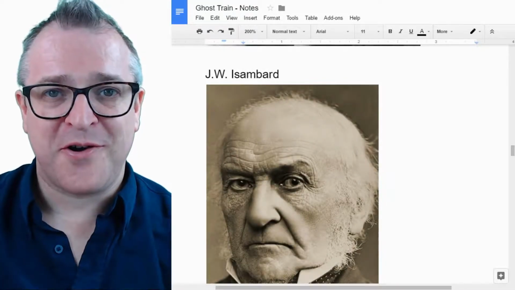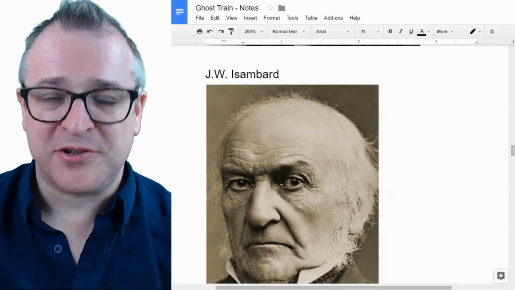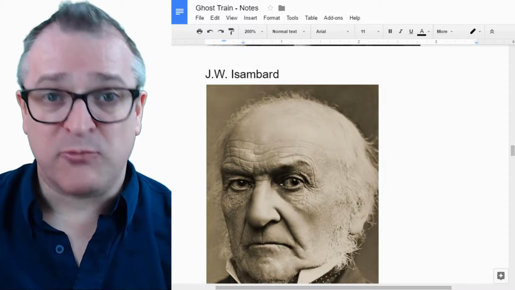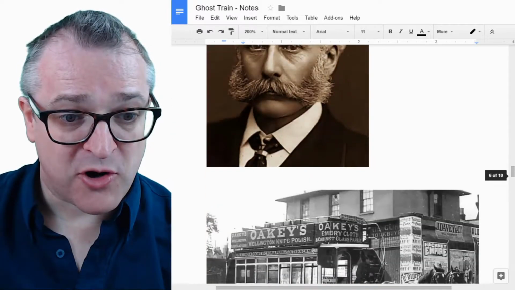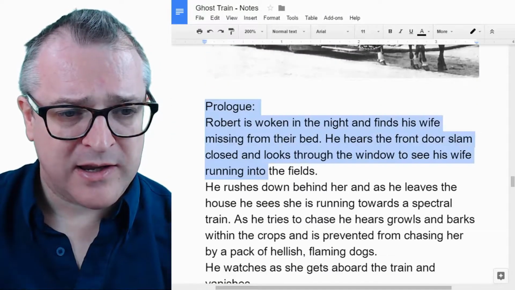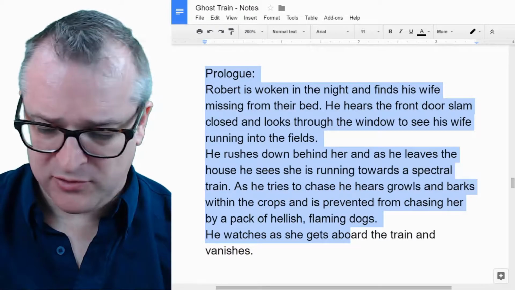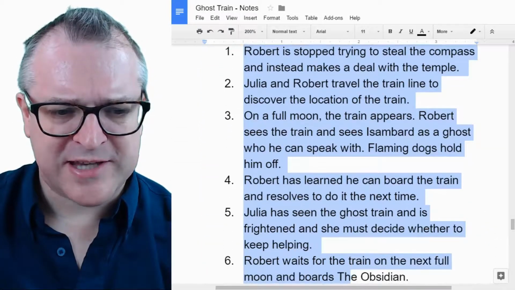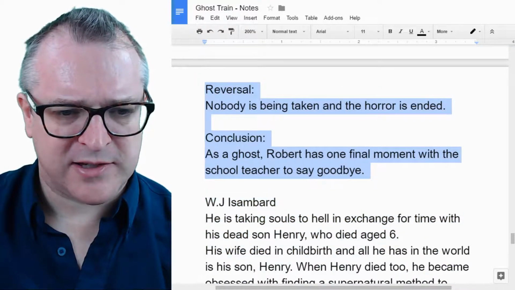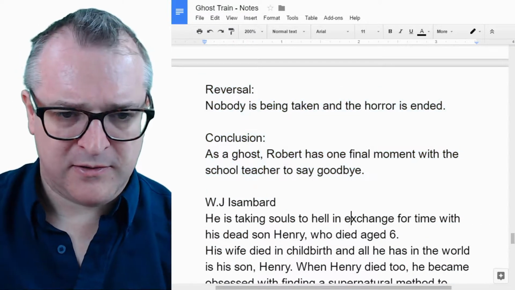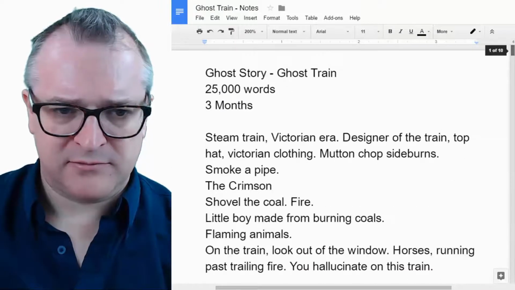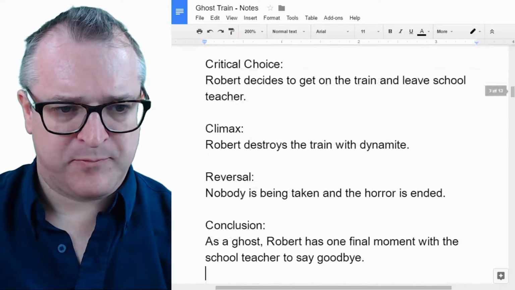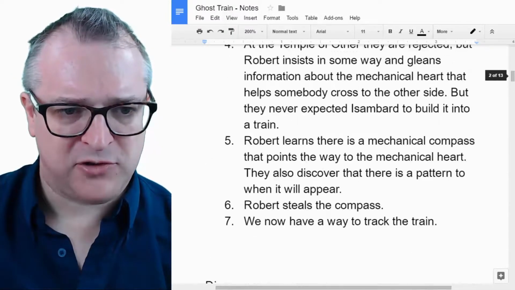We're in the writing studio, we're ready to start making our treatment, which is where we write the story over a few pages so we can see it all laid out. Rather than being notes, we're going to have it as an actual story. So if I go down to my 8-point arc, I'm going to copy it and paste it back at the top of the document because I'm going to use this as a template in order to do some writing. So we have up to there. We go all the way back to the beginning. And we're going to write it out using this as the template.